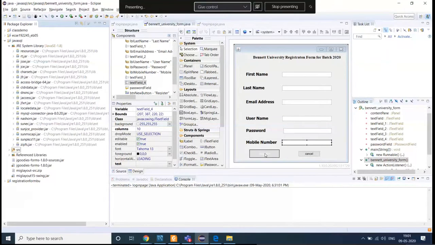So what I want to do is create an entry from whatever text I write inside these text boxes. If I click this register button, I am performing an action listener method. So I am performing event handling with an action listener type method.